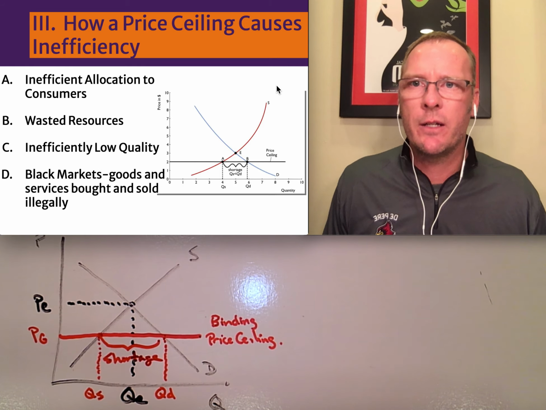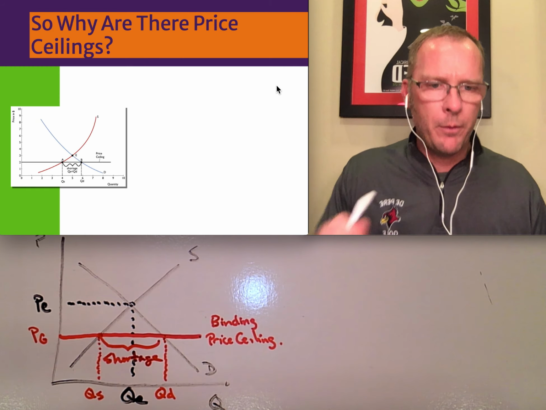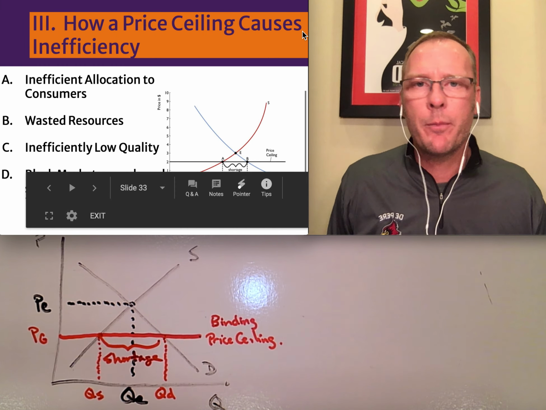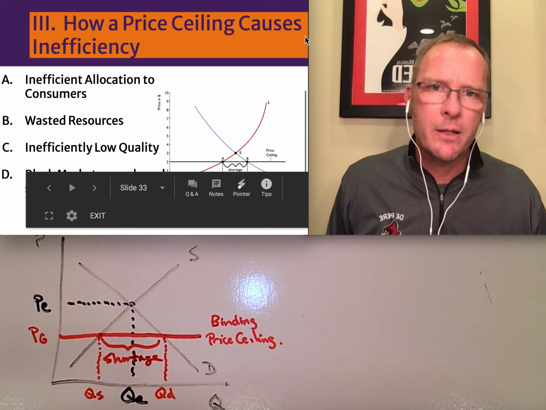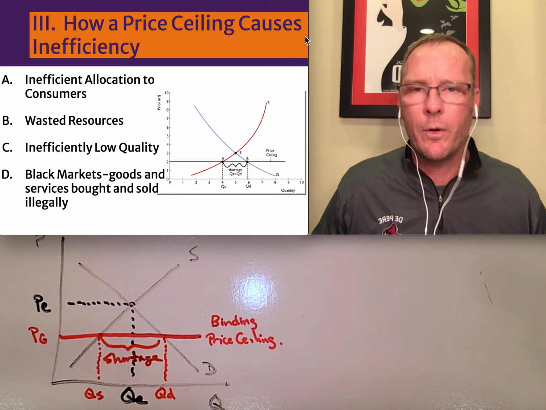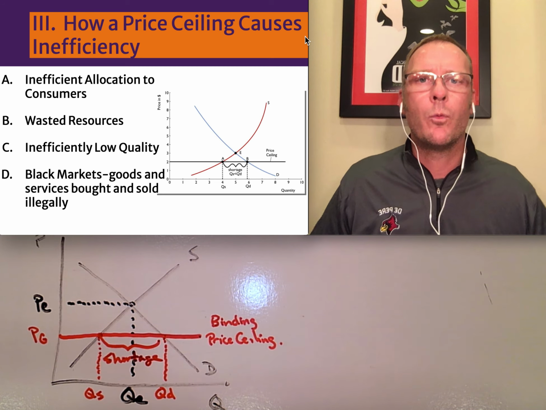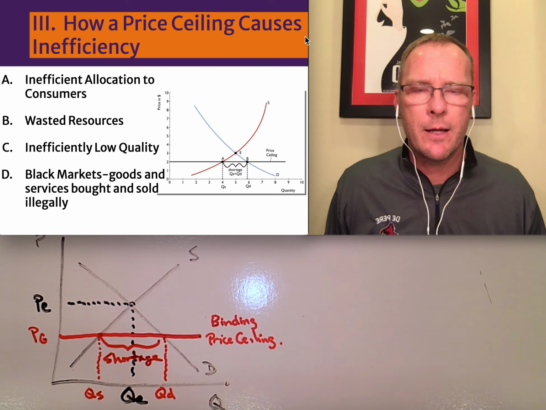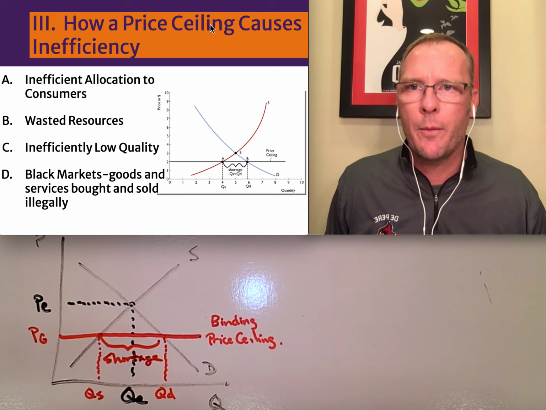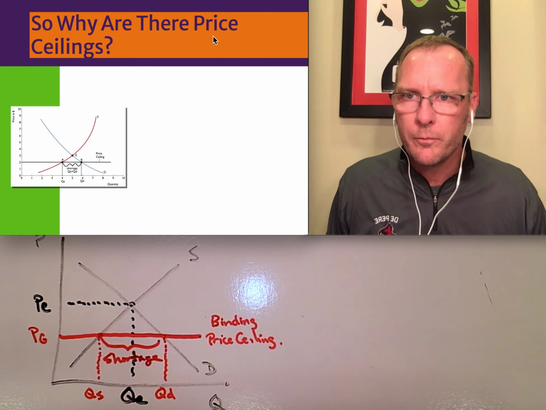Is it inefficient? Yes. And probably the most interesting thing in here is this black market idea. The black market just simply means that somebody's going to probably get this phone or get this item, whatever it might be, and then resell it at a higher rate because they know some people are willing to pay higher prices for it. So we end up with lots of problems.